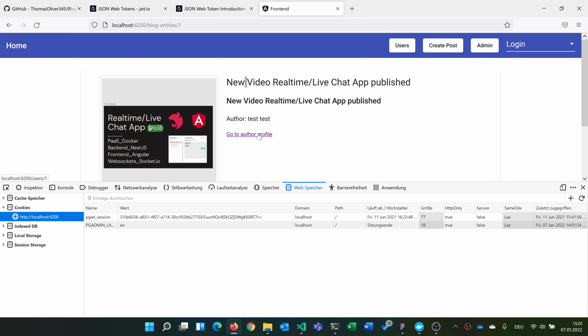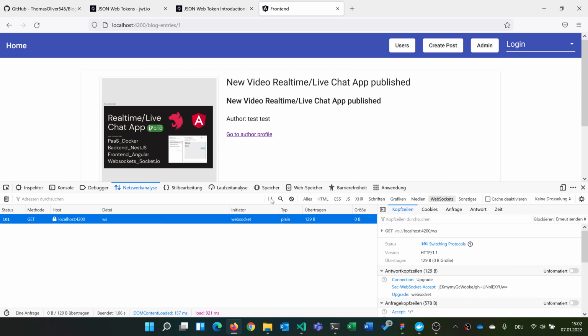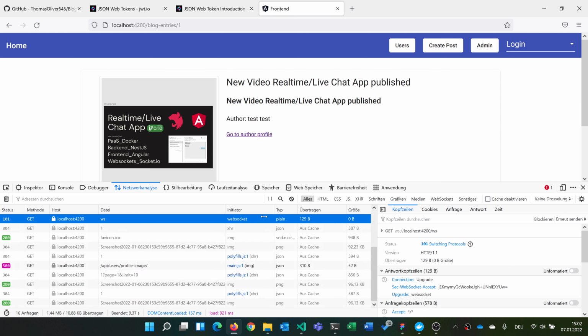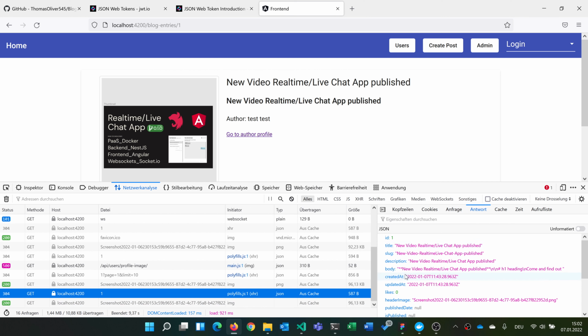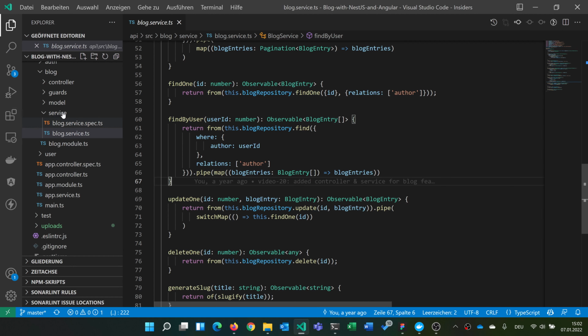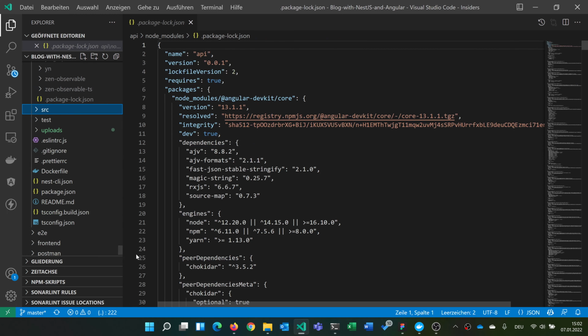So maybe we can see it in our network tab. So here we are in WebSocket, we want to have all. And then we have response, and then you can see here the slug we have now, instead of the normal title with the white space, this is replaced. So it's very simple. So this is basically our backend,